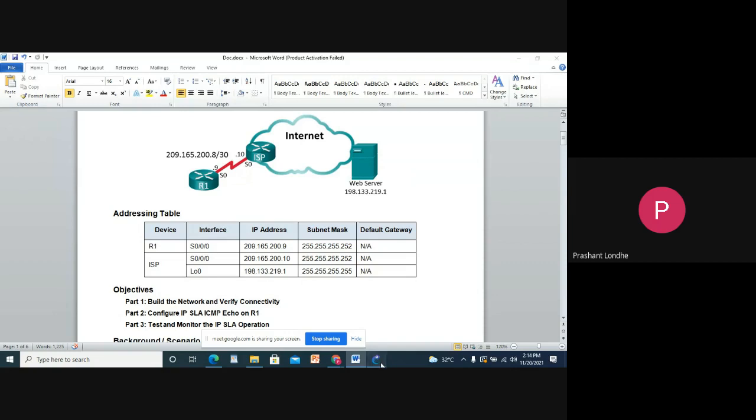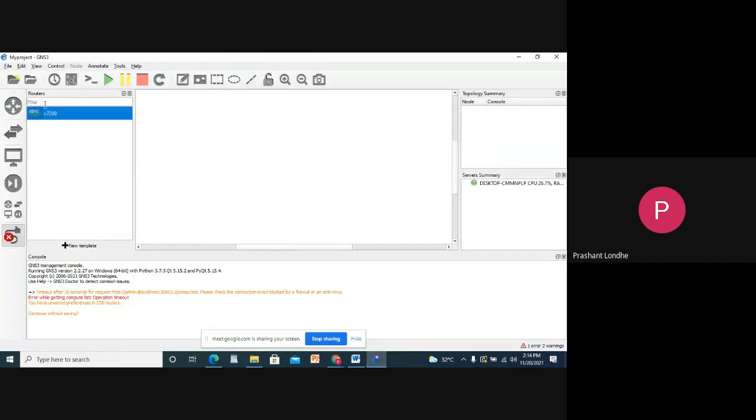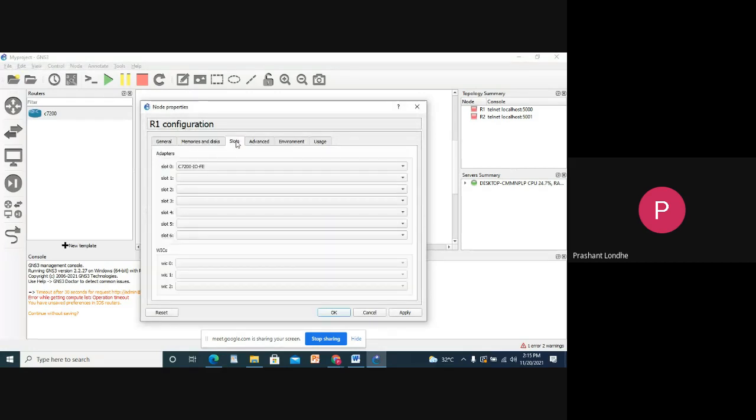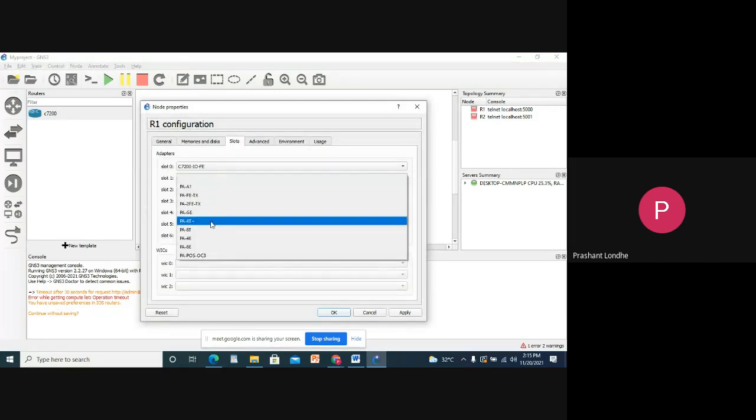Before that, we need to configure two routers. I will take one router and another router, and connect both. Now the Fast Ethernet cable is there, but the serial cable is not visible, so I will click on R1, go to the slots, and select slot 1, PA-4T+.